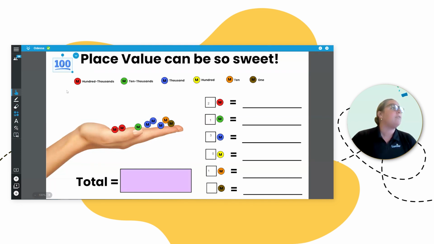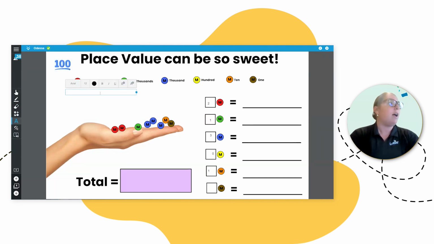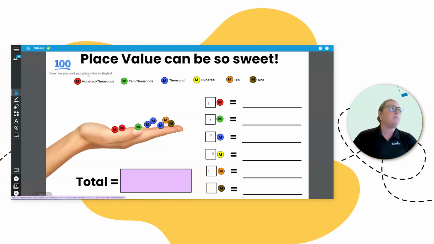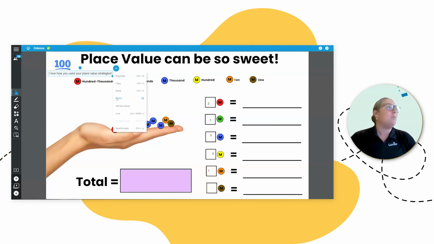And then I'm going to give her a little feedback. I love how you used your place value strategies. And she will see that feedback on her side. So you can give real-time feedback or go back in later and give feedback if you want.